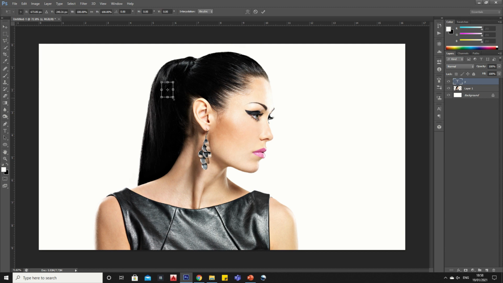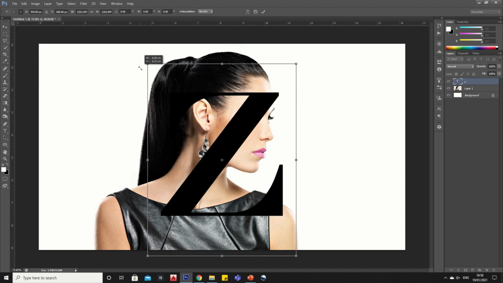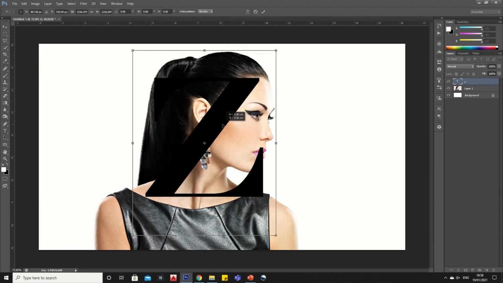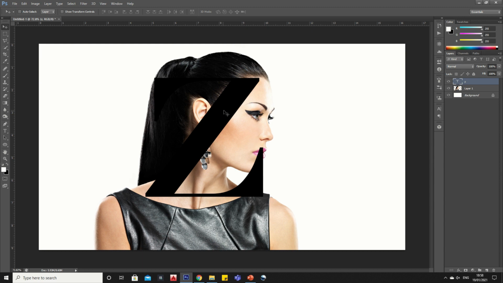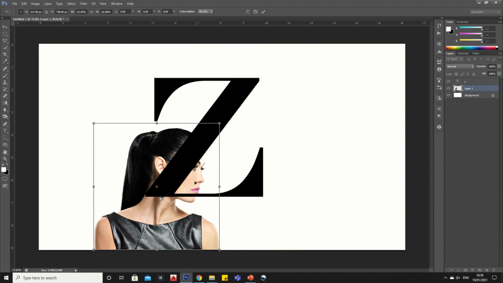Now press Ctrl+T to adjust the size of the letter. Select the image layer, then press Ctrl+T and adjust the size according to the letter.